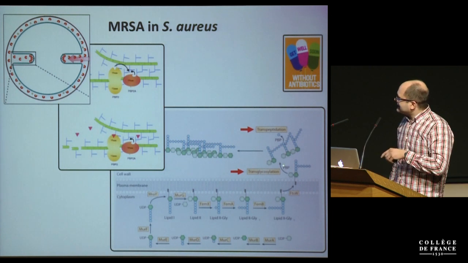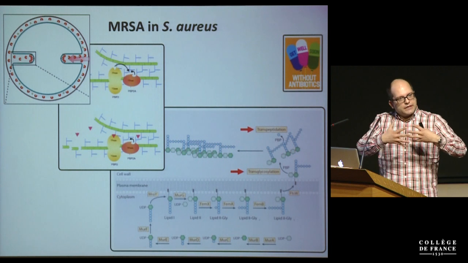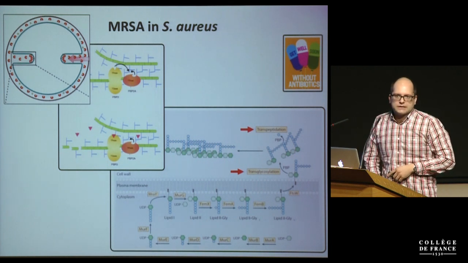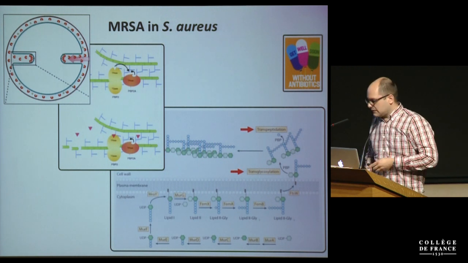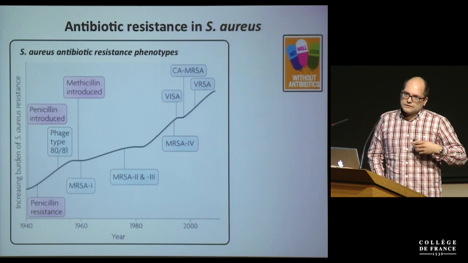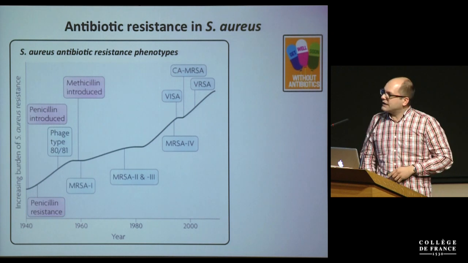But in this case, it doesn't target the enzyme, but it targets the products. It binds here to the D-ala-D-ala pentapeptide, so it also inhibits the cross-linking in the formation of the network of the peptidoglycan, not by inhibiting the enzyme, but by inhibiting the product. Unfortunately for these particular strains, it's relatively easy to find resistance in hospitals against vancomycin